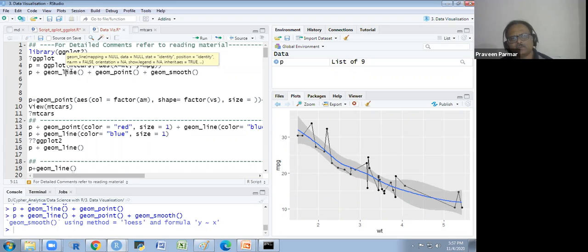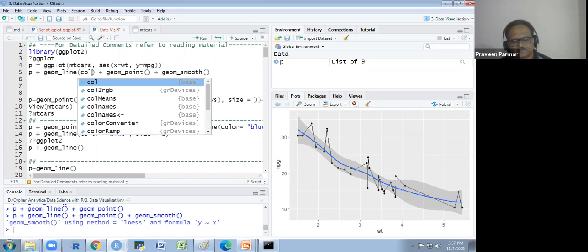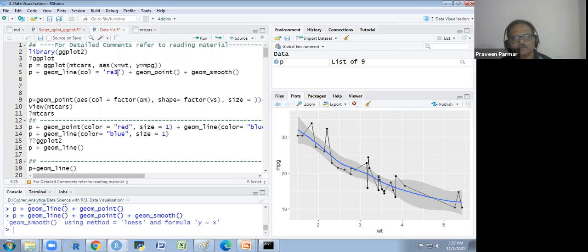Now, if I want to select some color for the line, I want there should be a red line. Red color is not an aesthetic, not related to data. So I just write color equal to red. See here. Got it? I want the point color green.